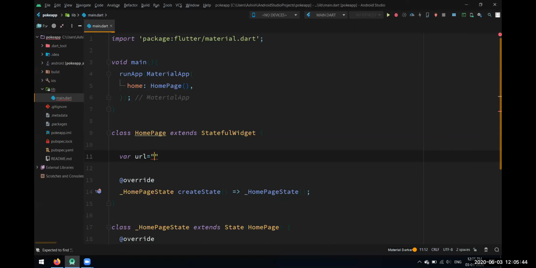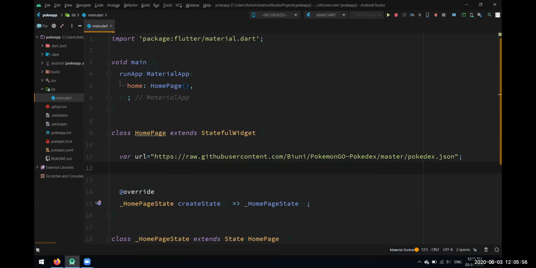It could be inside a string. Fine, I have this API's URL. This is the Pokemon Go API. Now what we have to do is make an HTTP request.